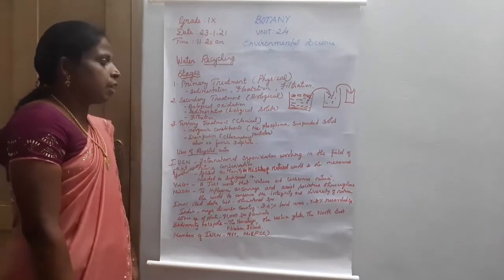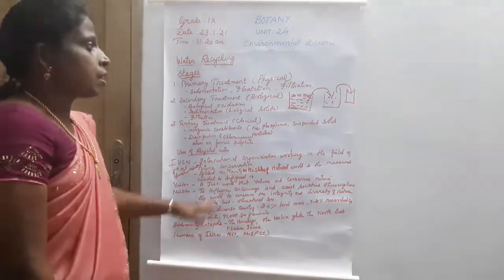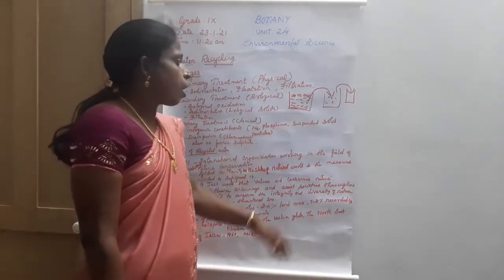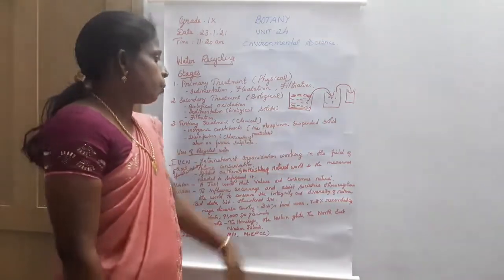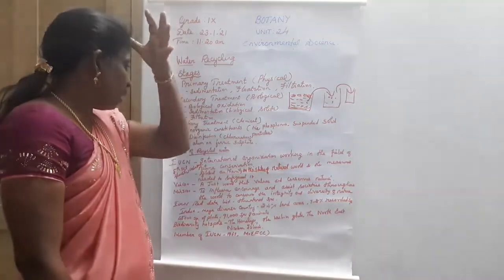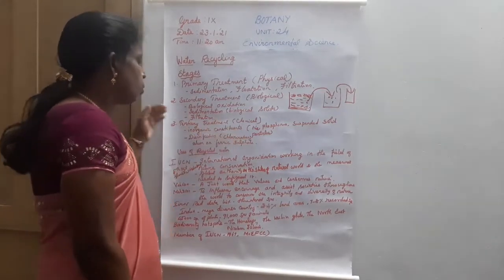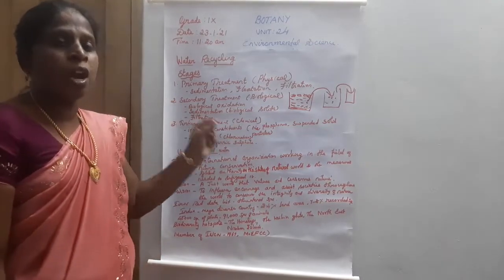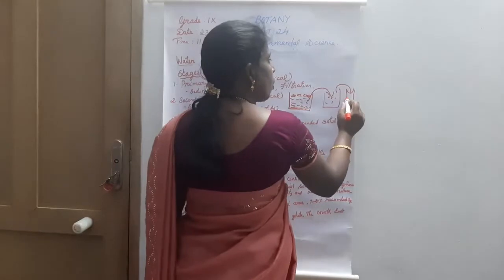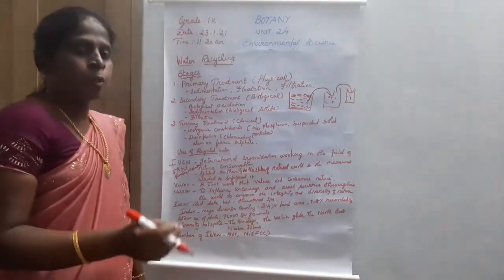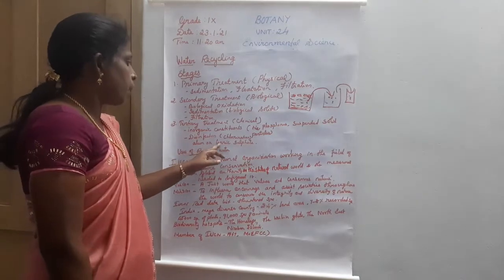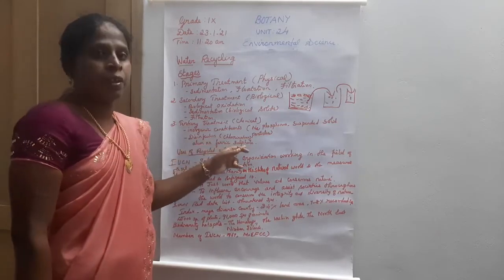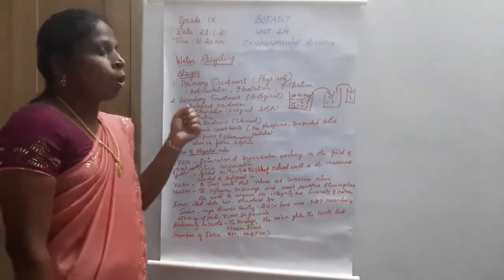The tertiary treatment is a chemical treatment. See here, in this water the inorganic matter such as nitrogen, phosphorus and many suspended solid particles are present. In this treatment they are using chemicals. By the disinfection method it can be removed, and the fine colloidal particles present in the water can be removed by using chemicals such as alum or coagulants, alum or ferric sulfate, so that the fine colloidal particles